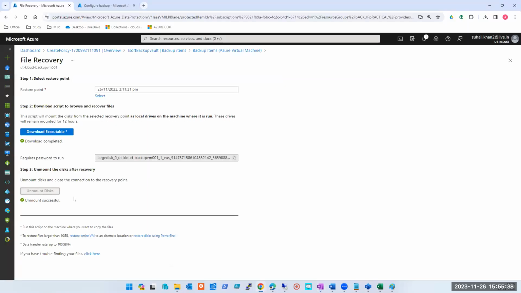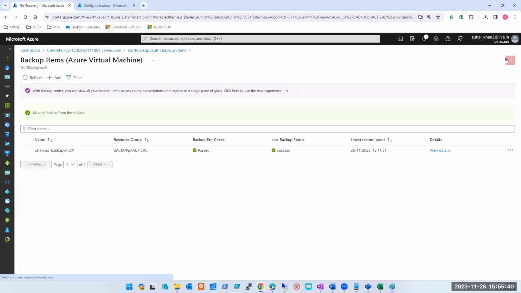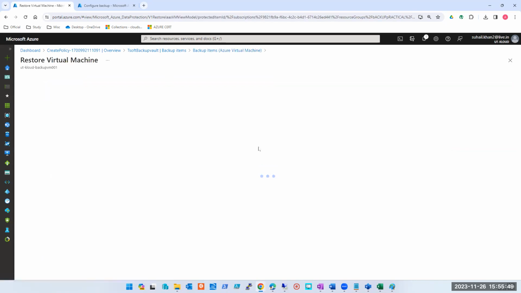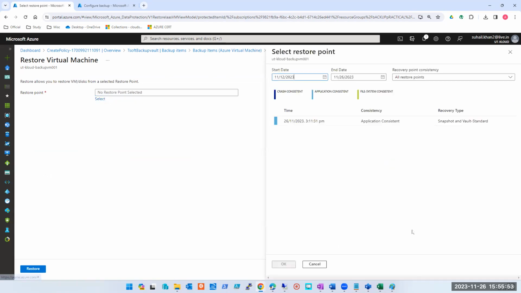Okay, so this is one method, guys. This is done. Second method is restore VM. So when I click restore VM, same, it will give me all the options कि कहाँ से restore करना है. Again, we have only one point. Otherwise, if I would select 25 और ये 30 दिन पुरानी मशीन होगी, so I will see all these 25